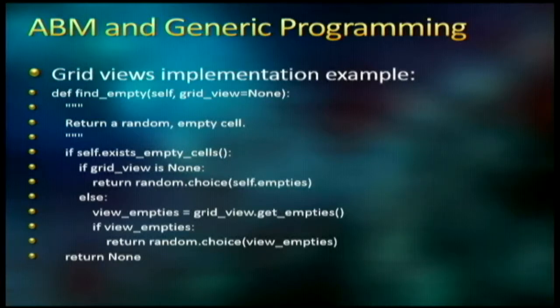Find an empty cell, you can pass it a grid view. So it'll find the empty cell in the grid by default, but if you pass it a grid view, it finds it in the view instead. And then every grid method has the option of passing a view, and then whatever you could do in the grid, move to an empty cell, collect the agents, we can do in the grid view instead. So all the grid methods take an optional grid view, and the method is reduced to that view instead. And the view can be any arbitrary combination of cells from the grid.